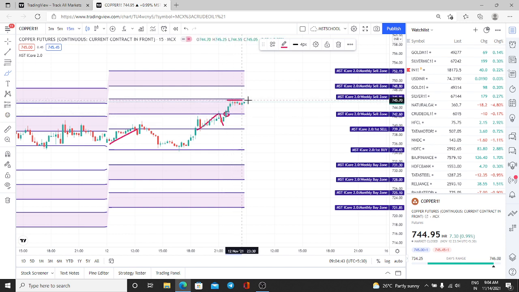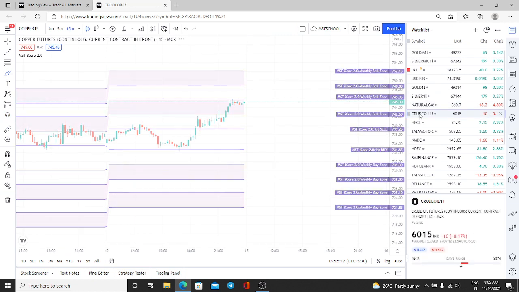So now also it is in the sell zone only. Unless the candles close above this level, it is in a sell trend only. It might reverse back to the buy entry. Then we have one more level, that is the monthly level. So here we have to check whether the candles are closing above or whether there is a rejection candle followed by a red candle for confirmation. Then you can go for the sell entry. Okay, so this is how you have to trade.